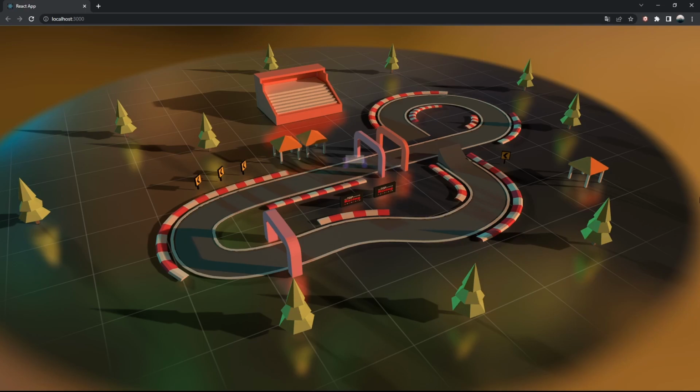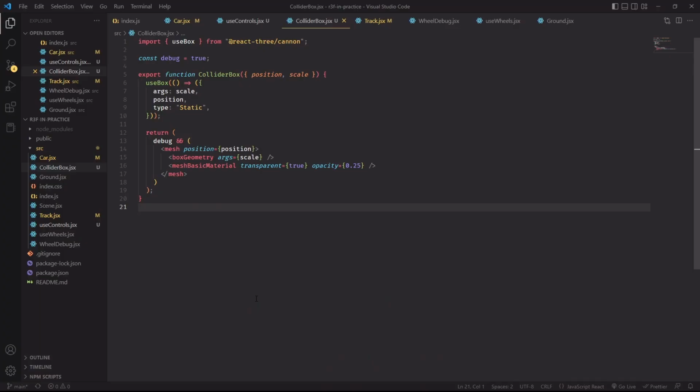One of the remaining issues though is that our car can still pass through all of the objects in the scene, because we haven't set the colliders yet for each of these objects, and that's what we're going to do next. To simplify the process, I've made a new component that is creating a new physics entity. In this case, it's a box that I'm setting to static because it will always remain fixed in the same